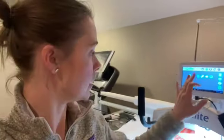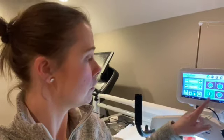And so I went through and I checked everything on there. It was all working properly. And then I was even more confused because I was like, okay, the machine says that it's working properly, but every time I go to sew, it's messing up. So then I switched from the, let's see, from the eye, which is basically like,